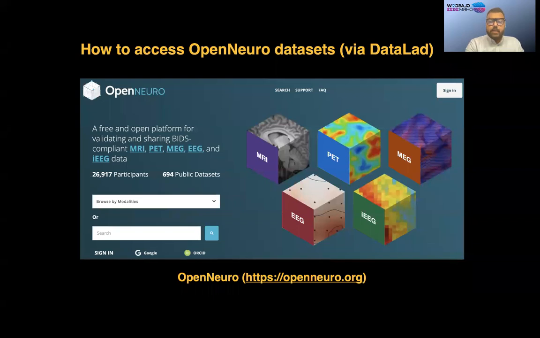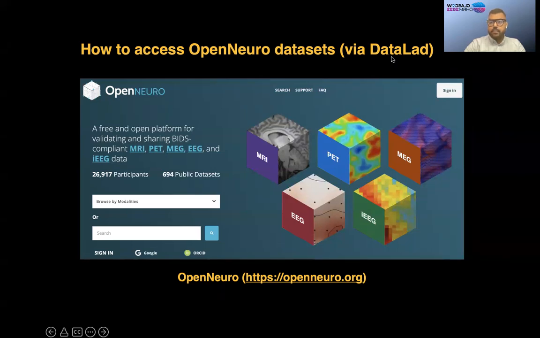So here, I am going to focus on one example. I'm going to show you how we can access a specific data set on OpenNeuro. So OpenNeuro, like I said before, is an open source data hosting platform. And there are different ways that you can follow to download data sets. So here, one of the ways that we're going to use is called DataLad, but you can also use the Amazon server to retrieve these data. So here we're going to look at how we can download the AOMIC dataset via DataLad, which is hosted on